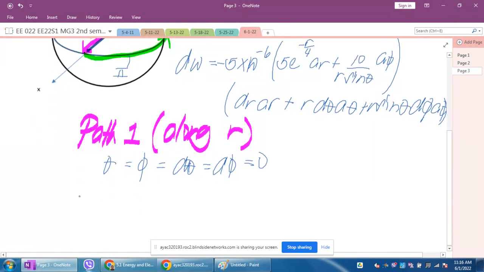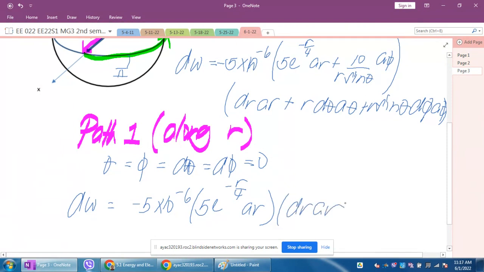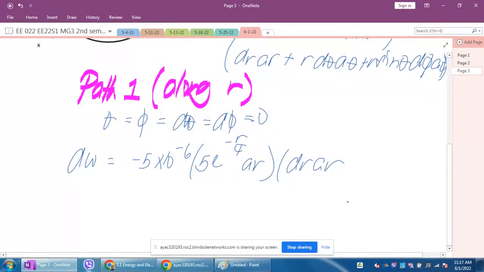So, yung magiging working equation ko sa path number 1 will be, ito na po, negative 5 times 10 raised to negative 6. So, mawawala na po ito, no? So, kokopyahin ko na lang po yung matitira. 5e to the negative r over 4 ar. Tapos, dr ar. So, ar dot ar, that's 1. No? Pareho eh. So, ano yung matitira ko dito? So, I will have here,